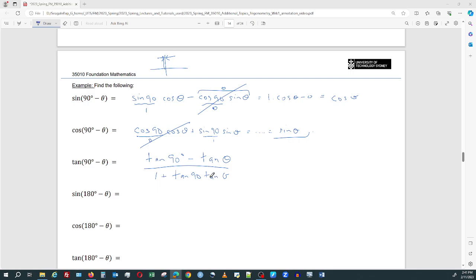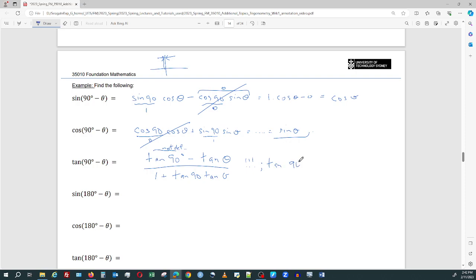So tan 90 is not defined, is it? Not defined. Tan 90 is asymptotic, at pi on 2, plus or minus pi on 2, which is what that is. So another way to do this is to think about it as, let's start again, tan 90